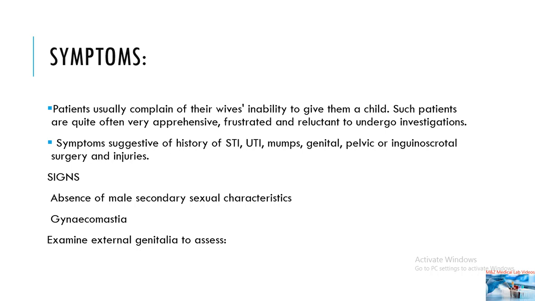Symptoms: patients usually complain of their wife's inability to give them a child. Such patients are quite often very apprehensive, frustrated, and reluctant to undergo investigations. Symptoms suggestive of history of STI, sexually transmitted infections, urinary tract infections, mumps, genital, pelvic or inguinal-scrotal surgery, and injuries. The signs: absence of male secondary sexual characteristics, gynecomastia. Examine external genitalia to assess